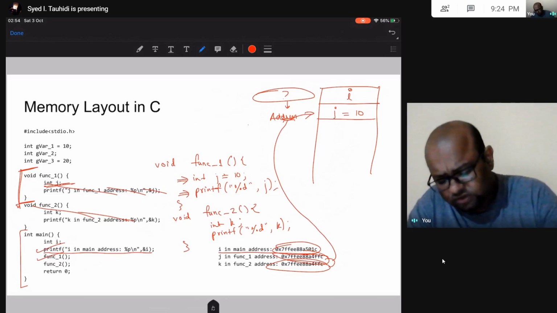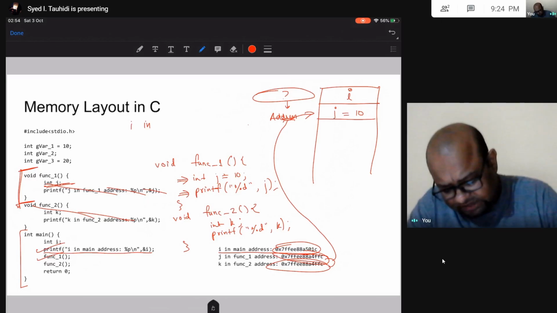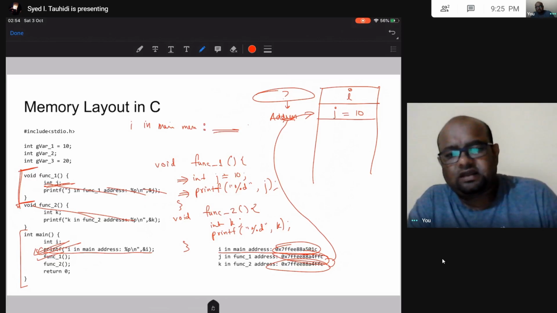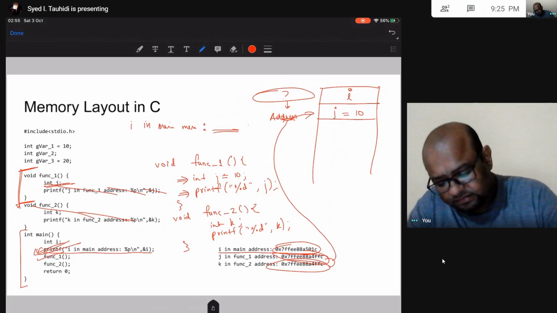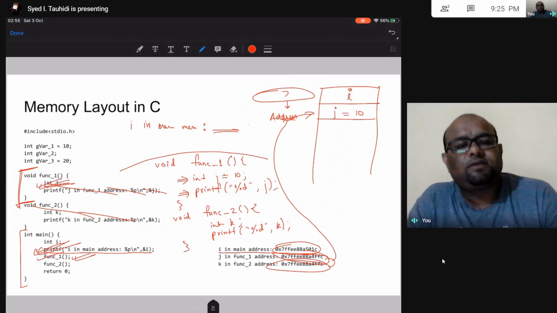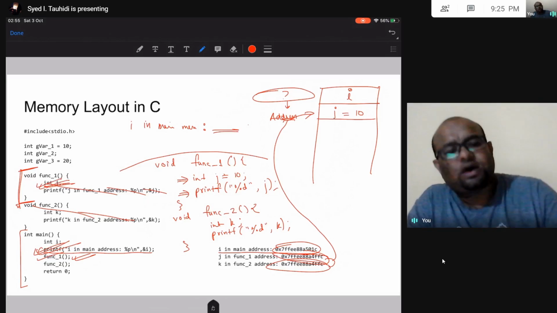So my output is going to look like this. Because of this line, it is going to print i in main, some address. Okay, then in the next line, function 1 is going to be called. So when I call function 1, this local variable j is going to be allocated some memory in the stack below i.